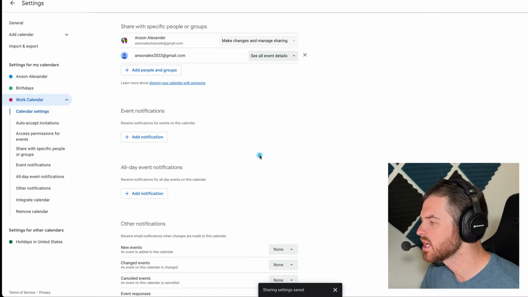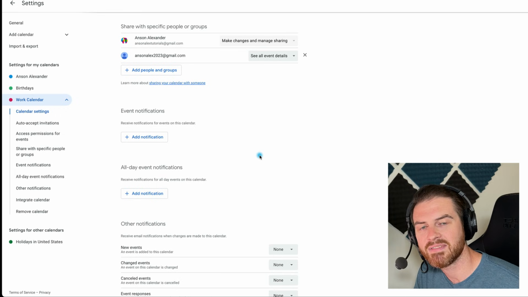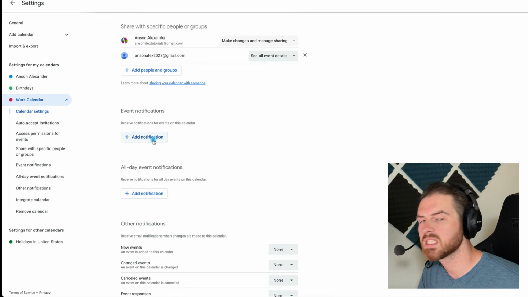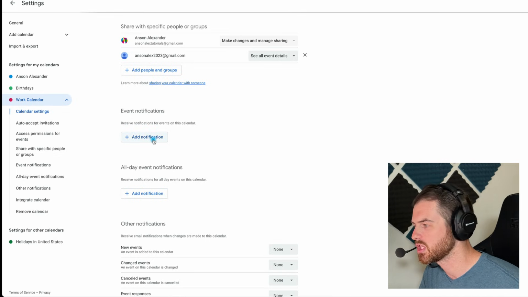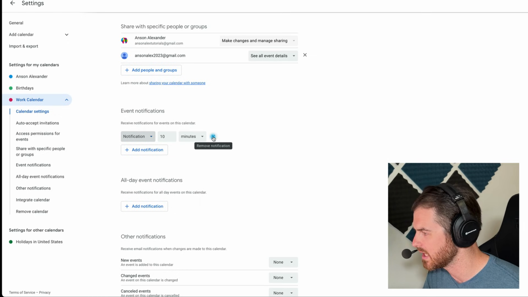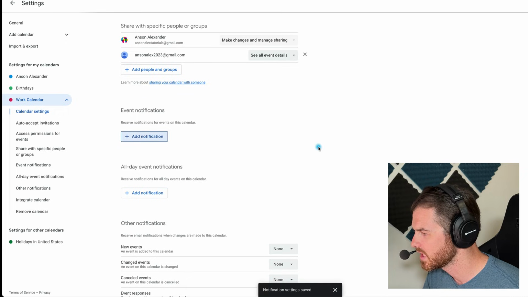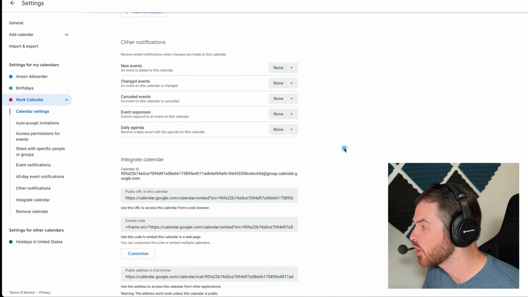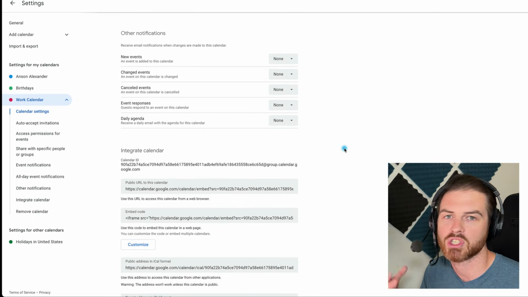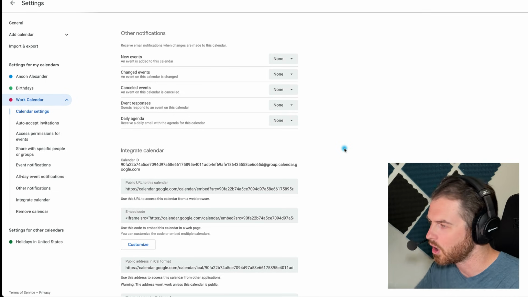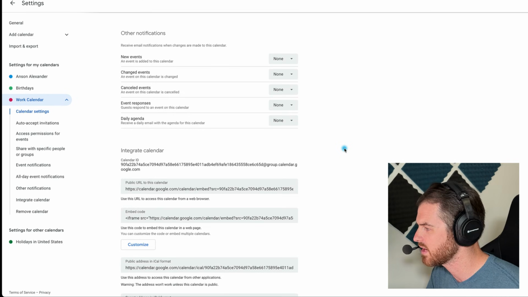And then down here, I mentioned that we could specify default notifications. That's where this is right here, event notifications. We're talking about this calendar's event notifications. We can specify the default notifications for this particular calendar just by clicking on this button and then adding the notifications like we did when creating an event. So I'm just going to remove that for now. Same thing if we wanted to create all-day event notifications. And you'll notice that there are a number of other notification options in here as well. So when changes are made to the calendar, when people are invited, or the event is canceled, all that sort of thing, you can go in here and take a look and specify that if you'd like.